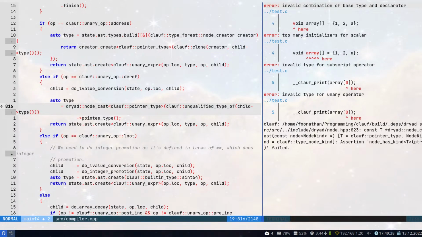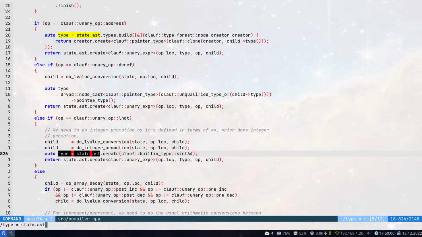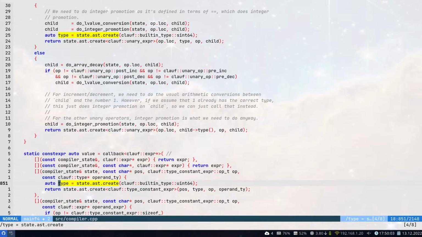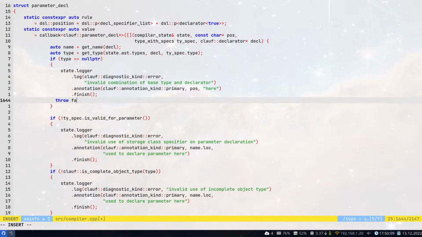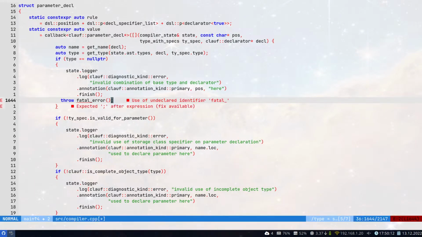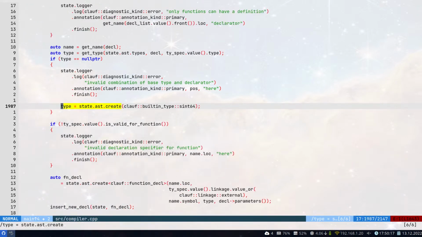Right. Because it turns out you're not actually an int anymore. That's annoying. You know what? Let's do something different. So we've got the type equals state.askCreate right here. Let's just throw a fatal error exception instead of attempting